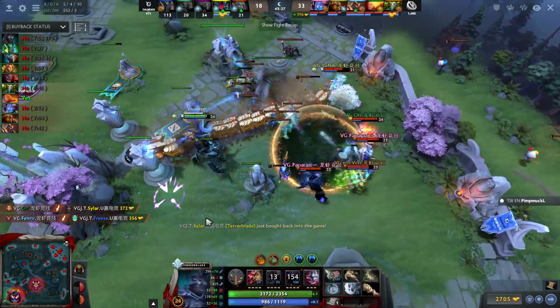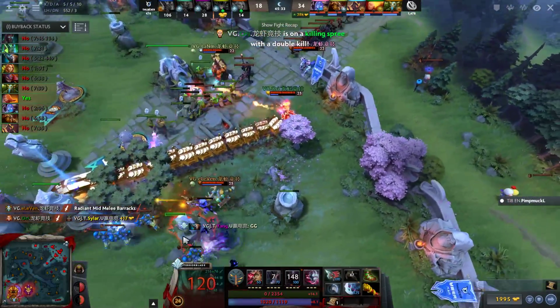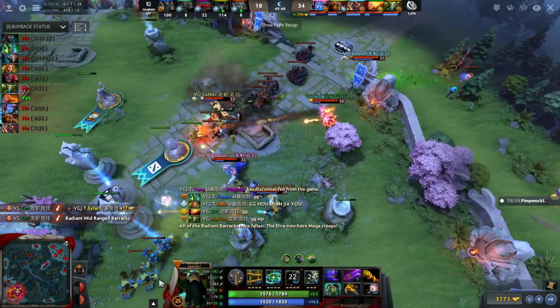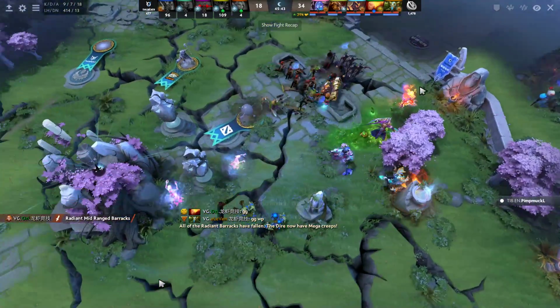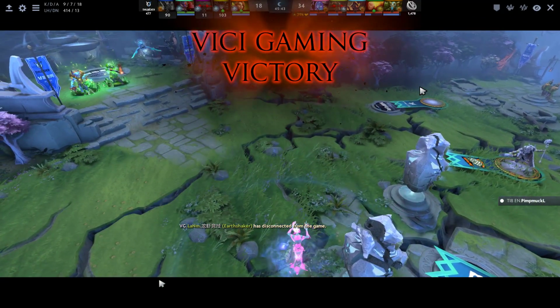20 seconds until Lion's back in. 20 seconds before Fade's back in. Sylar getting jumped upon. Sylar gets the BKB for the global after the BKB, meaning no Sunder for Sylar. GG is called as Vici Gaming take down Thunder and knock Thunder out of the competition. Vici Gaming will move forward, and boy did they deserve it here, taking down one of the big sort of